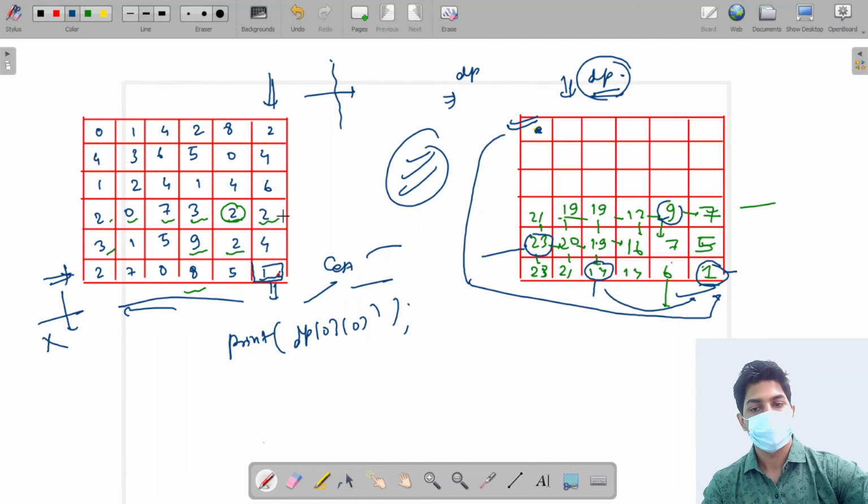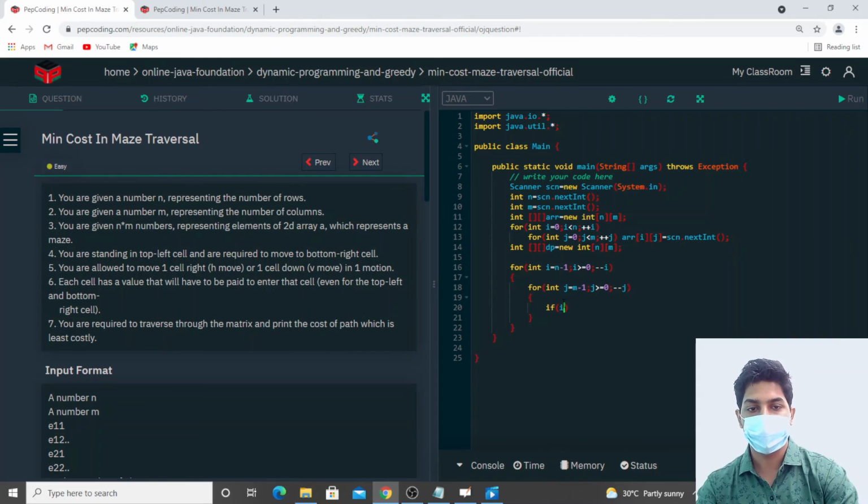Let's write that. If i is n minus 1 and j is m minus 1, that is, it is the last cell, then our answer will be the same as cost, that is array of i comma j. Else if it is the last row, then we can move only in the horizontal direction, so we will get the answer from the horizontal direction. We will add the cost of visiting our cell. Else if we are in the last column, then we can move only in